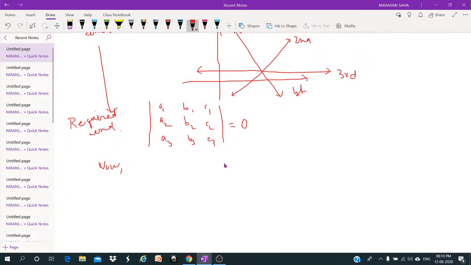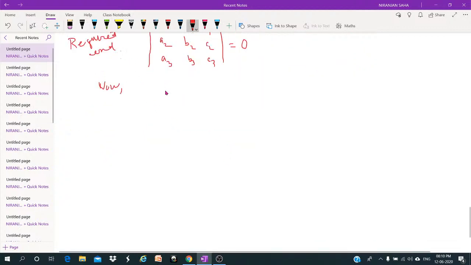Take an example. Three straight lines are given: 2x plus 3y minus 8 equal to 0, x minus 5y plus 9 equal to 0,